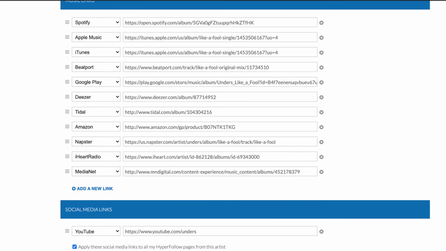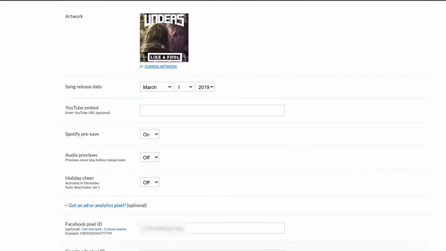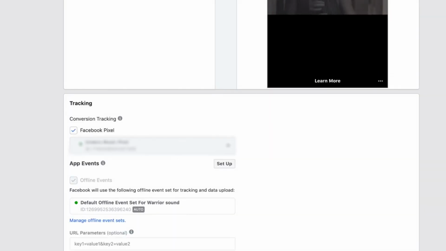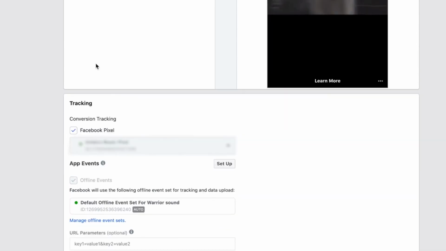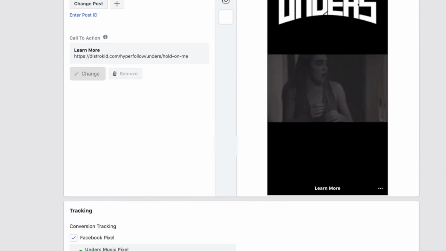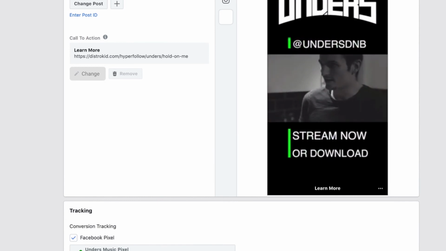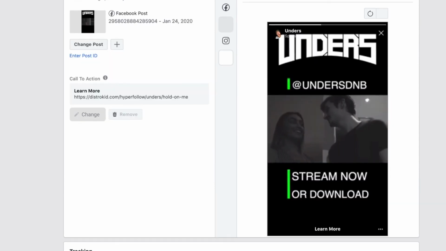We can also introduce a pixel. So I can have Google Ads ID, or I can have a Google Pixel that goes in here. This Pixel ID then triggers every single time that somebody clicks, and Facebook gets to know who, what, where, why, when, and how these people have been clicking on this post. So once we've got all of that set up, we can simply hit confirm, and we can start running our ad. And this is going to start pushing out to people who are in that particular audience for you.